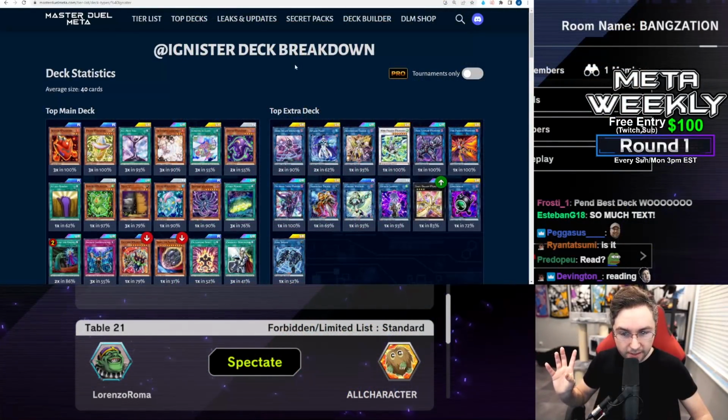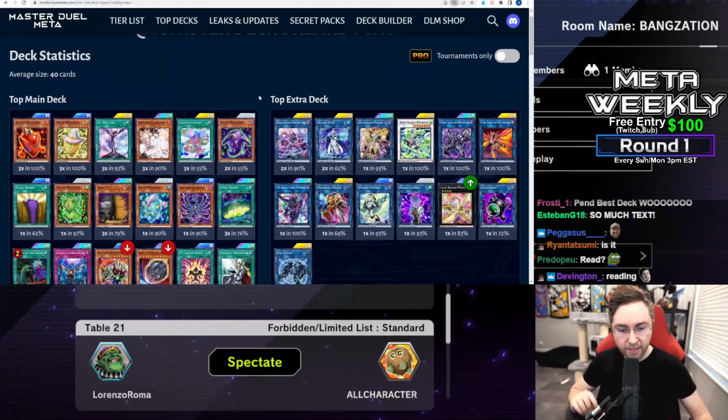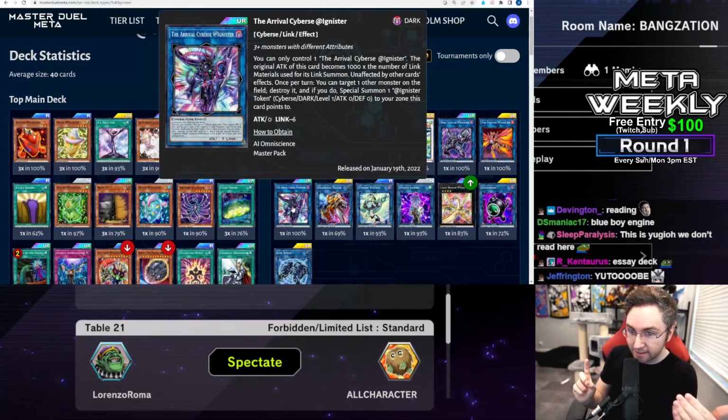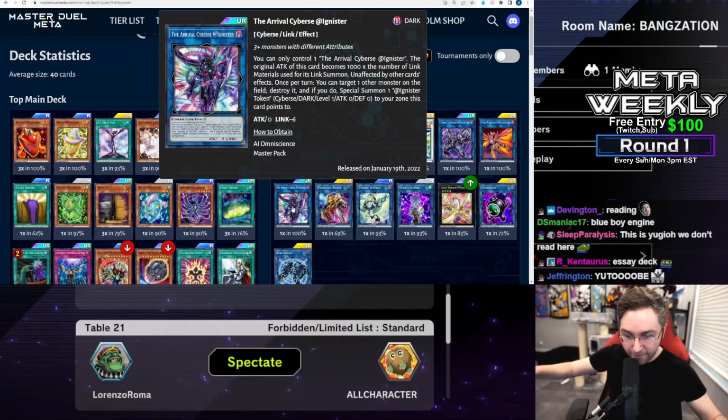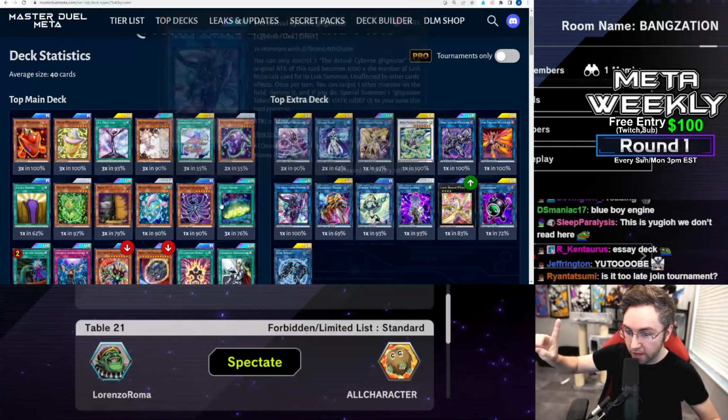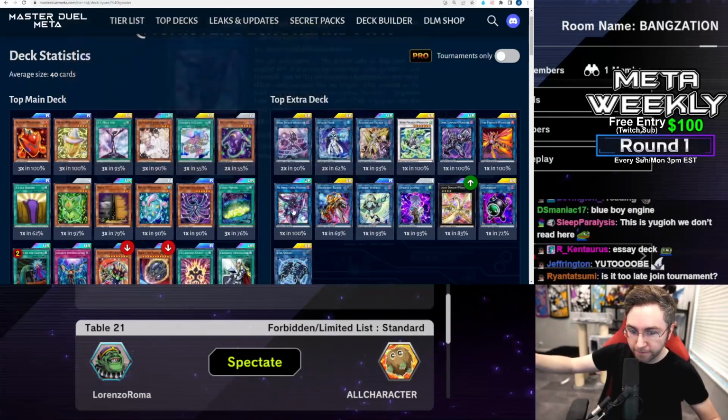Ignister deck breakdown. This deck is all about turn 1. They're going to summon the ultimate arrival. This will be 4,000 to 6,000 attack, unaffected by everything. They'll be able to also negate anything you want to do just once by banishing a Donmari from the grave